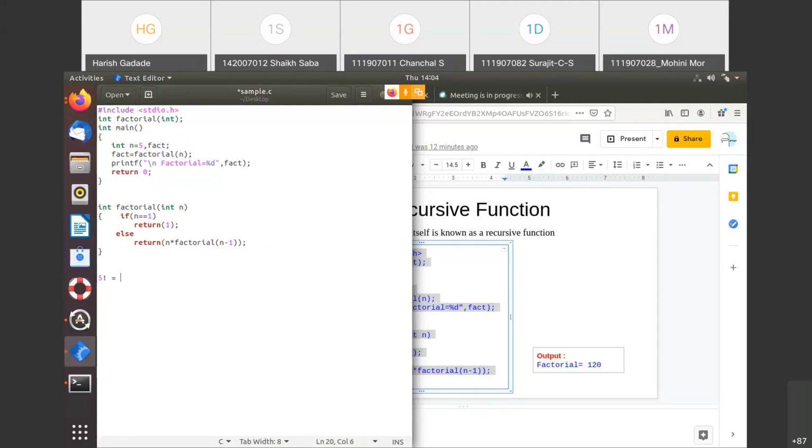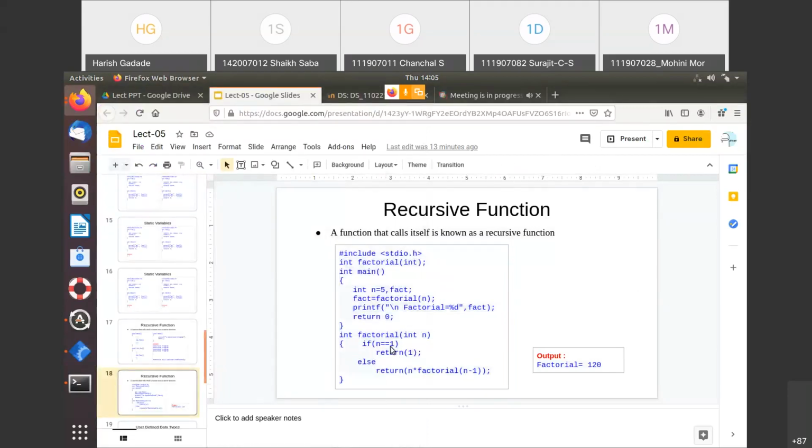I'll not do all the steps. What we do: 5 into, the first step would be the first iteration, I'm just telling you, 5 minus 1, right? This is the first iteration. Ready? So we continue this one. As I have considered 5 as n, it means it is n minus 1. Getting this? So we continue this till we get the value 1 here, right? So factorial of 1 is 1. So this I have given here: if the value of n is 1, then it will return 1. Getting this? And whatever the output of this is would be 120.